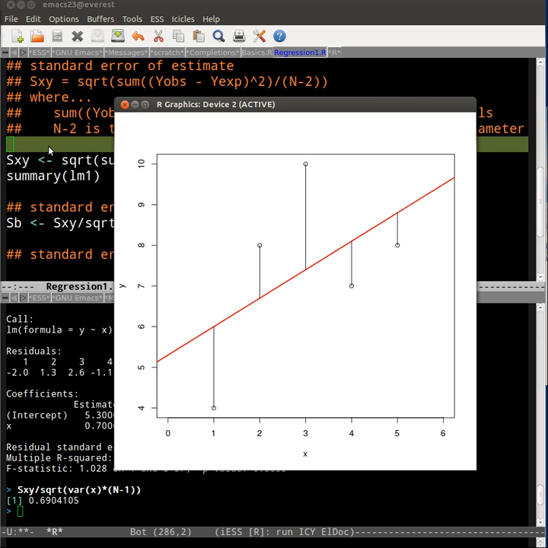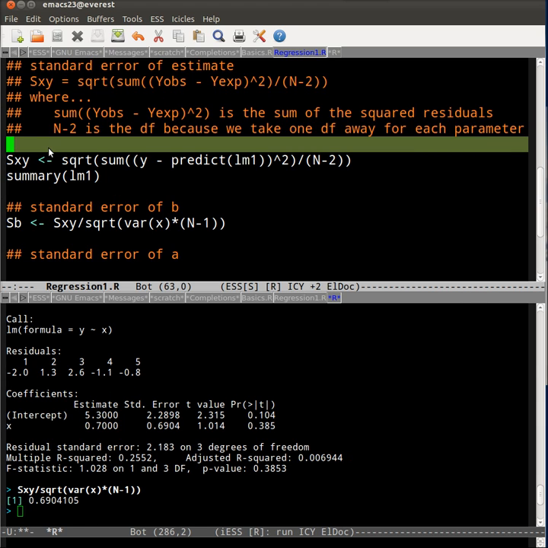And this encapsulates how much residual we have, or the average expected deviation between our expected value and the observed value. So it tells us on average how much we should expect, given per degree of freedom. And the standard error of estimate, or SXY, so this is for a bivariate model, is equal to the square root